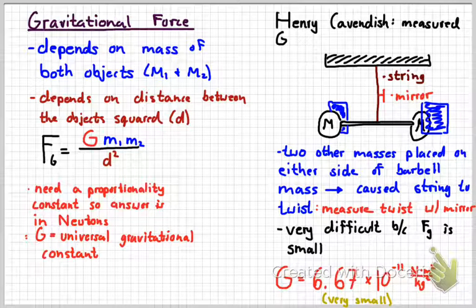And again, this is back in the 19th century when this is actually happening, so the technology wasn't as good as it is today. But Mr. Cavendish was still able to measure this very, very accurately. In fact, we haven't improved on his experiment at all. And the value that he got is a value of 6.67 times 10 to the negative 11, which is a very, very small number. The unit is newton meter squared per kilogram squared, so that when you substitute it into our equation over here, your answer comes out in newtons.